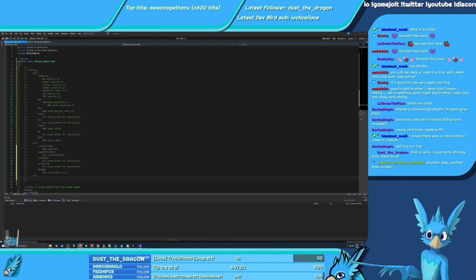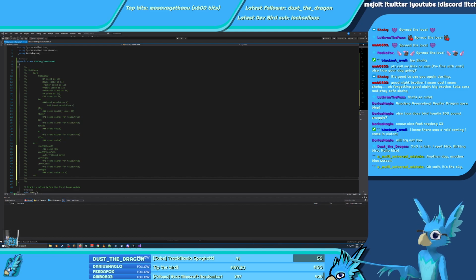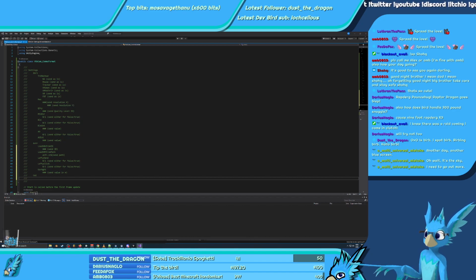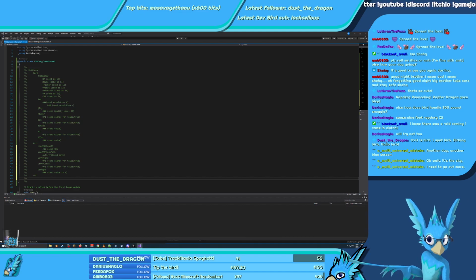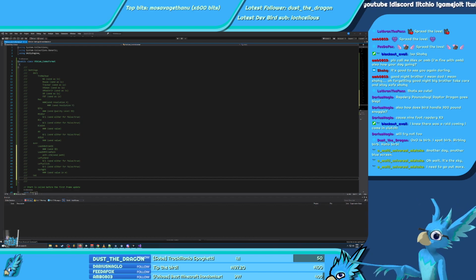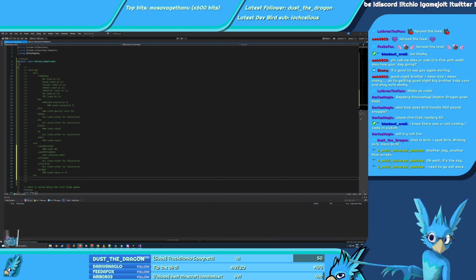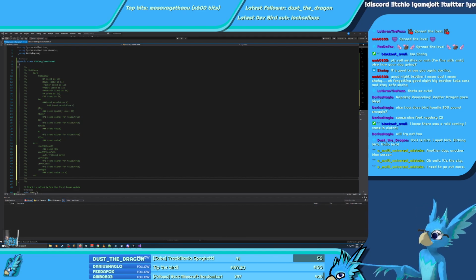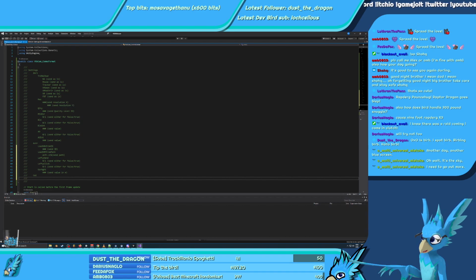Alright. I need to see if play space position is actually moved every frame as well. That I don't know. Where is a reference to this? Find all references. That's the start.